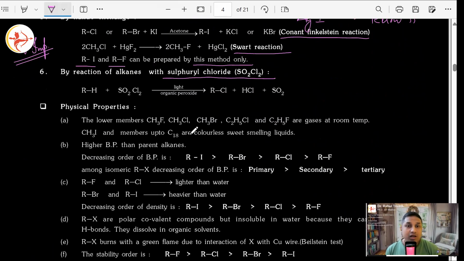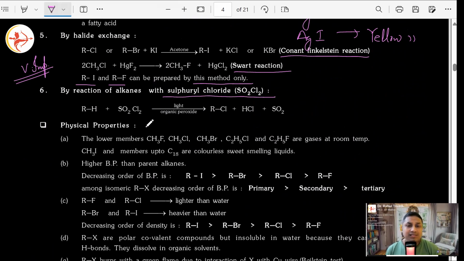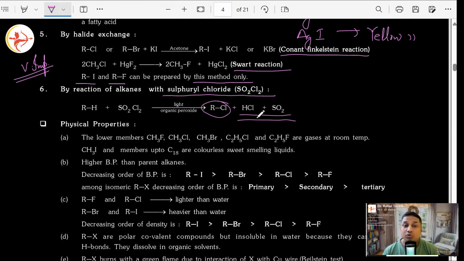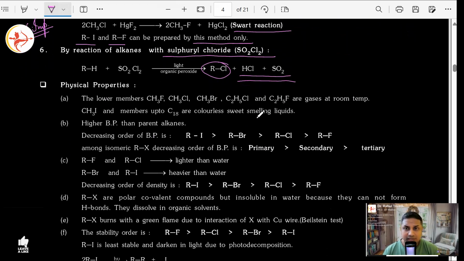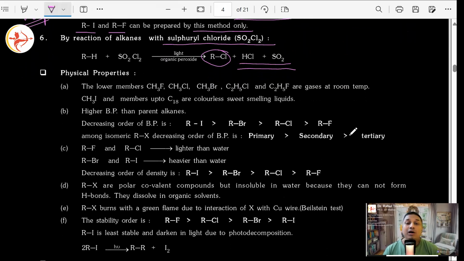Let's move on. Now, how do you produce alkyl halides using this? Again, the same type of reaction. The only thing is, here we are going to use organic peroxide. That means free radical substitution is going to happen. You will get alkyl halide. Apart from that, both gases, as in the thionyl chloride reaction, HCl and SO2, come out. Good. I hope everything is clear so far. Fine. So this is all about preparation of monoalkyl halides.